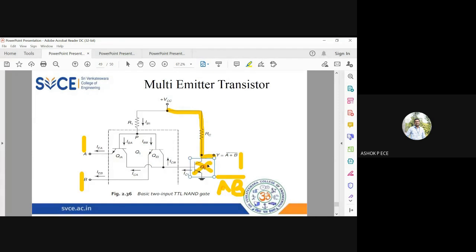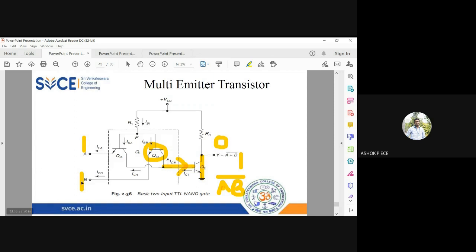So see what is the input to Q2. The input to Q2 is the collector current of this transistor. Since this transistor is going to be in saturation, heavy current will flow through the collector, which will go through your base. So Q2 will also be on. When Q2 is on, the voltage appearing across Q2 will be the voltage at this point. So this voltage VCE will be appearing at the output. When the transistor is in saturation, the VCE value is very, very small. You can say it is approximately equal to 0.